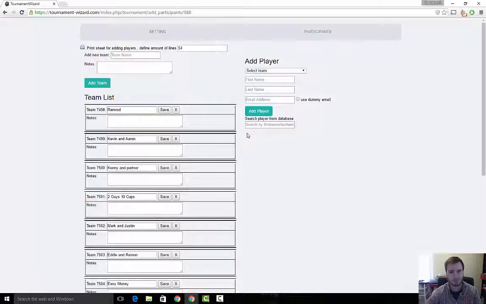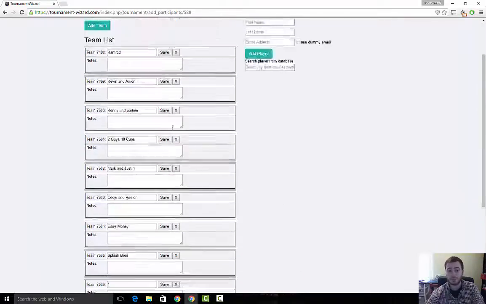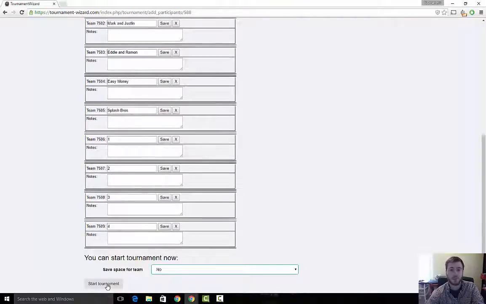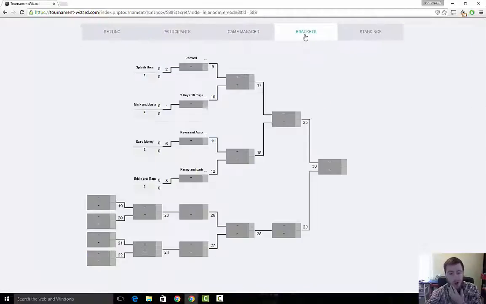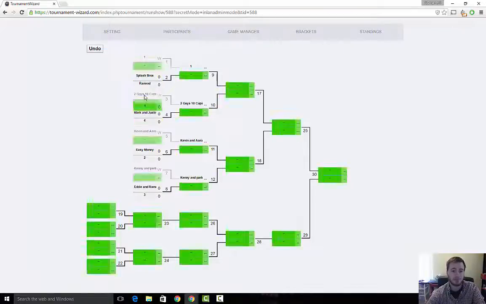Usually this is kind of a stressful point when you're trying to get the tournament going on time and you have people still trying to sign up. So what I do is I just put in the teams, put in the late teams, and start the tournament. Once you start the tournament, I usually navigate to the brackets tab, and I move teams around. That way byes aren't playing in the first round. That way I can get as many games on tables as possible during the first games. So you just click and drag,